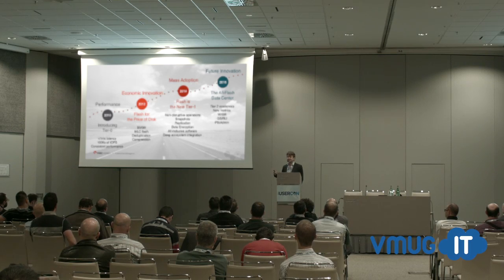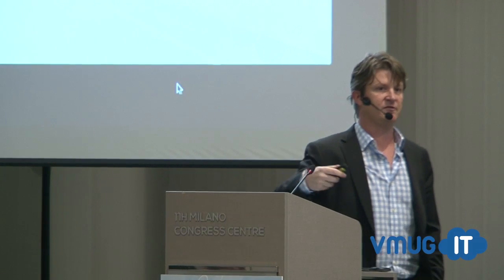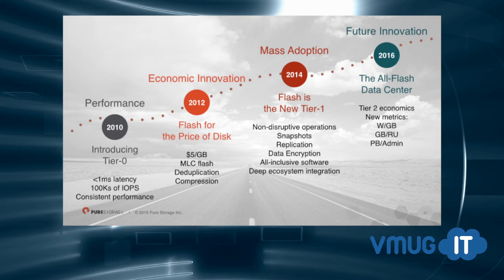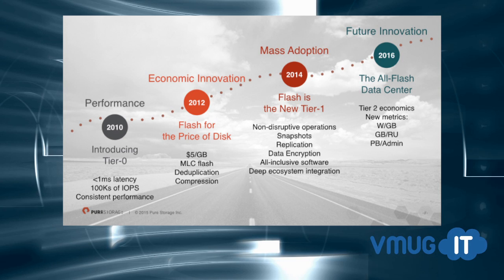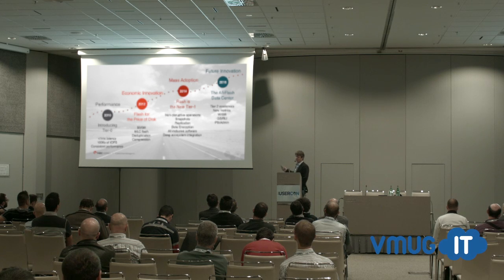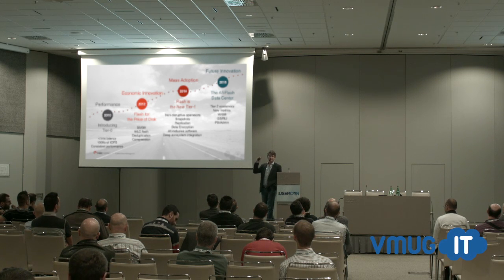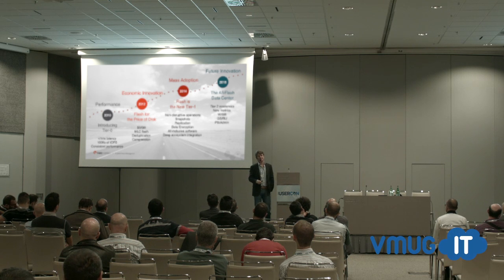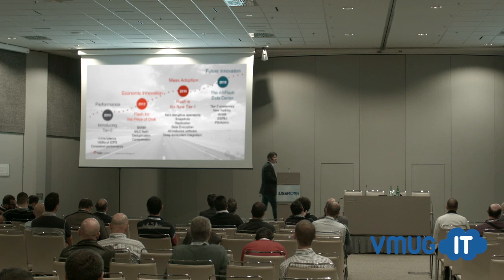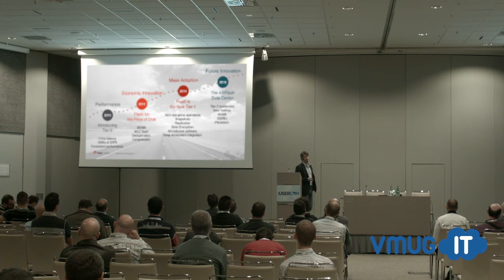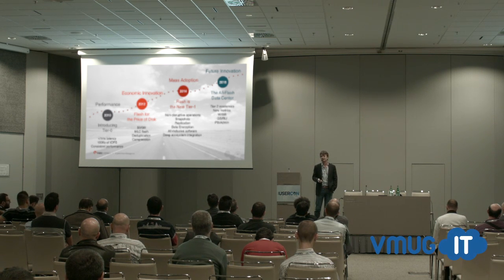I think we're in a really interesting time frame here, which is you see the market mature. Last year, flash became really the new tier one. You see every vendor have an all-flash platform: EMC, NetApp, HP. All the old guys now have new technologies. I think we're on the cusp of flash moving from the high-performance tier into the capacity-optimized tier of storage. Innovations in density and the platforms that are going to bring these dense products to market, I think you're going to see really emerge in 2016.